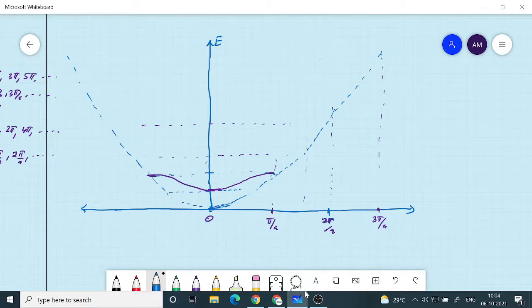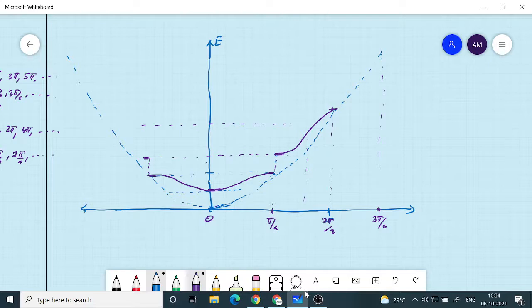So this is one band, and the next band will start with here. So now the next band, let me just draw this. So it will be from here to here. Okay, so this is how you have to do. So this is the next band, and same thing, if I do it on this side,